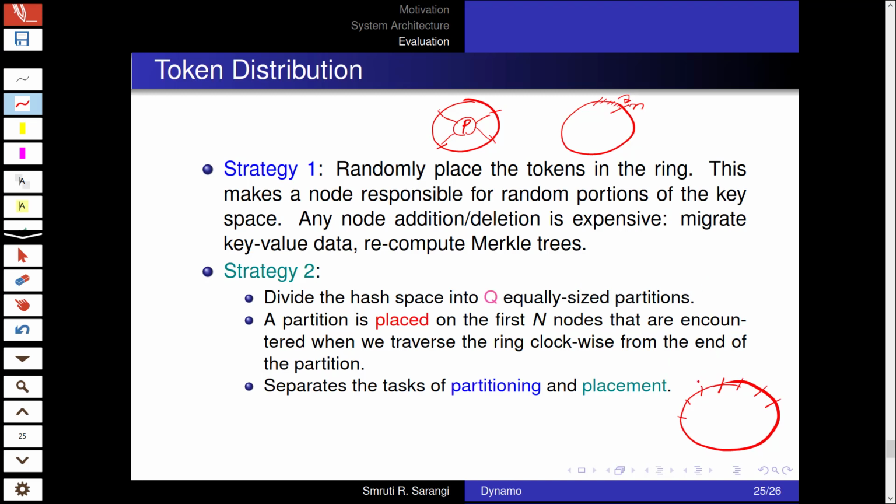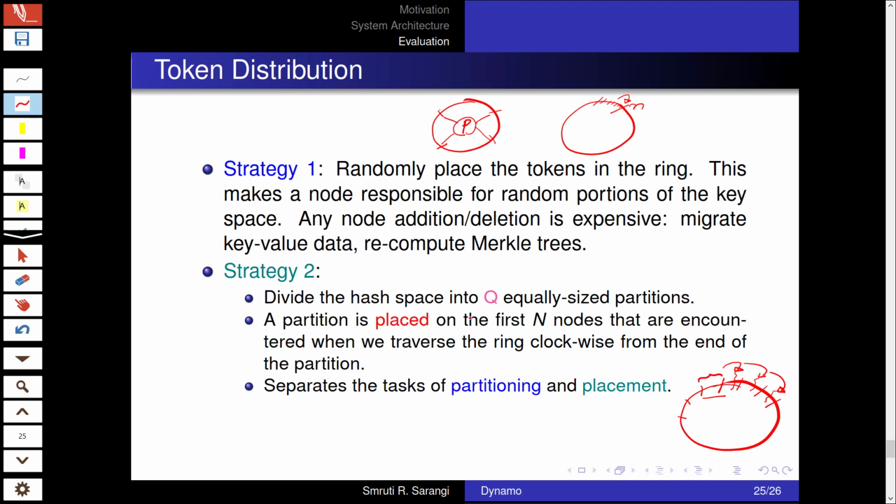So in this case, if I were to consider this partition of the key space, and let's say these are the positions of all the nodes, then for a given partition, I will assign it to n successive nodes on the ring. Right, so basically if we have this partition over here, any key falling in this region is kept here, also here, also here. These are its preference lists.